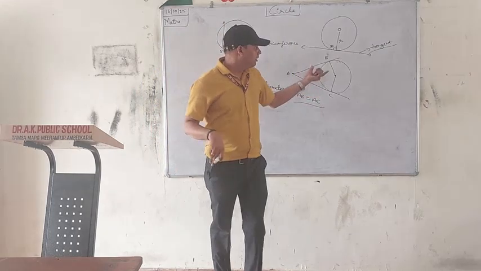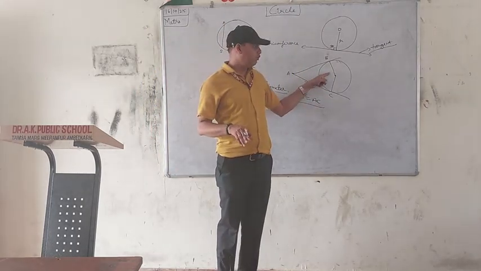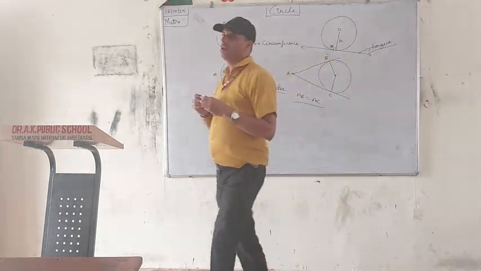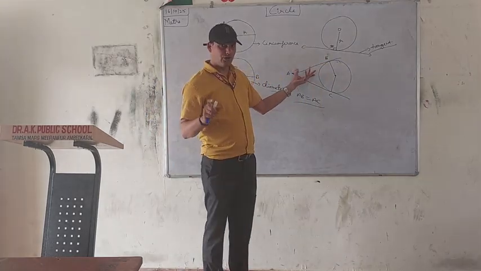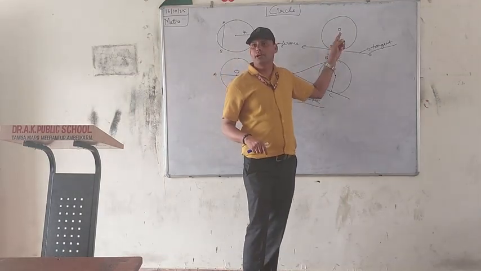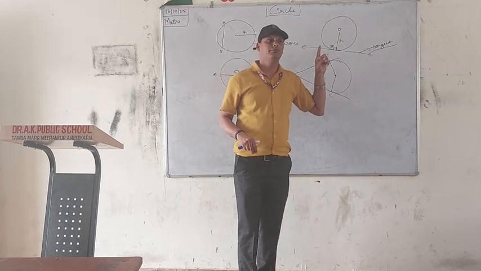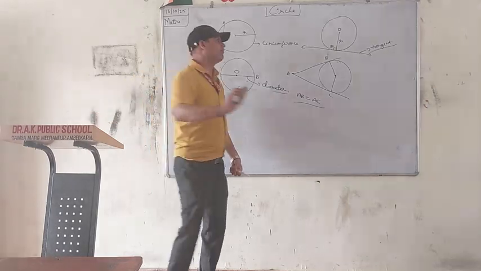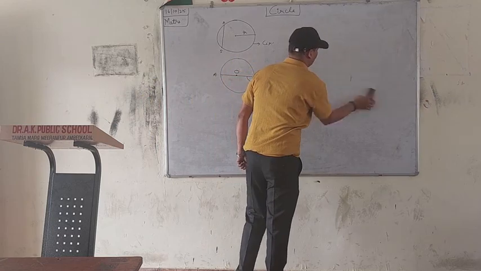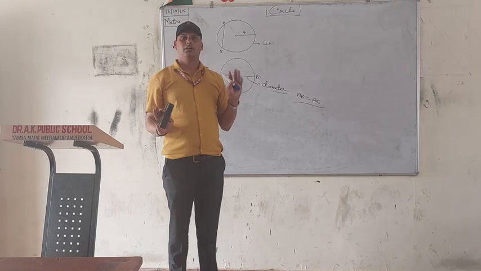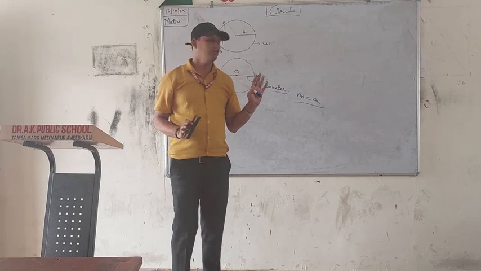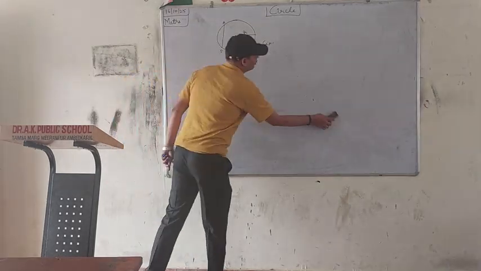So listen, these both concepts are theorems, which you will study later. But till now you know it: AB and AC will be equal in length, and the tangent will be perpendicular to the radius. Any doubt anyone? Good. After that we were going to discuss what? Up to here we have discussed, right? Anyone having doubt up to here? No doubt? Okay. So today we will discuss some more points about the circle.